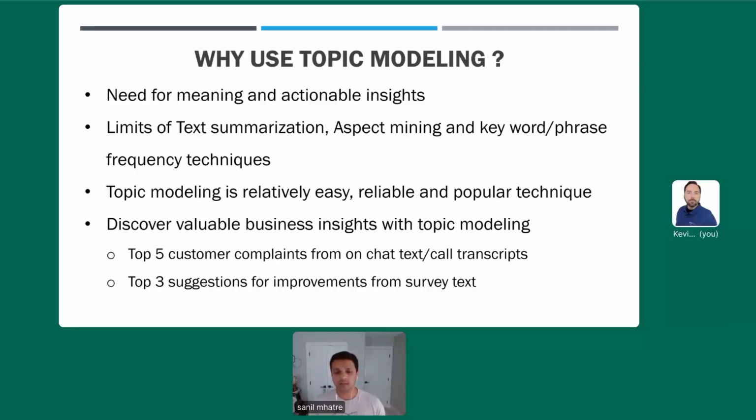Another example is survey text. This is a very, very popular and real-life example in my company. You folks may have heard of the Great Places to Work survey, the Great Places to Work awards. My company has been winning the Great Places to Work award for the last 10 years in a row, and my team is responsible for providing analysis for the survey data that comes back after the survey has closed. That survey asks a few open-ended questions as well.